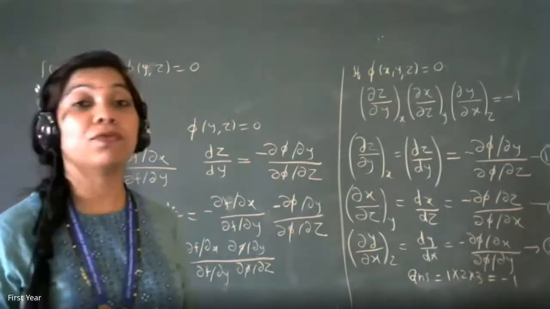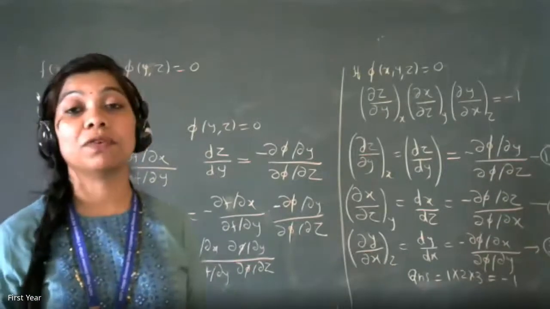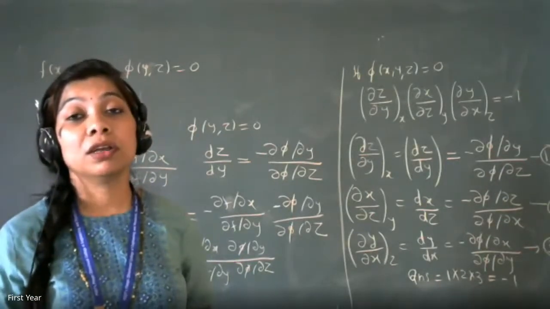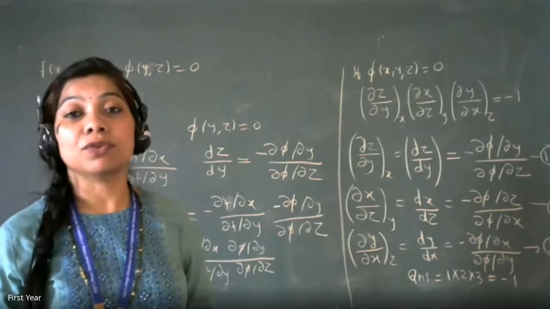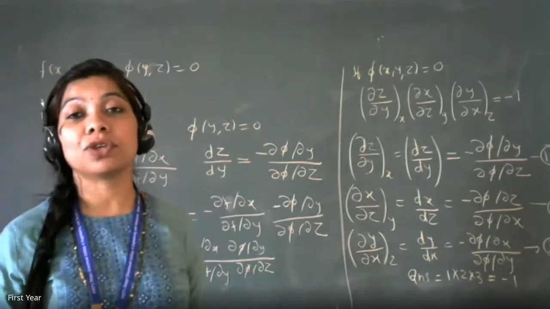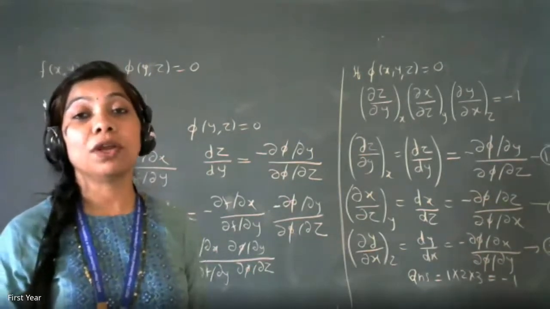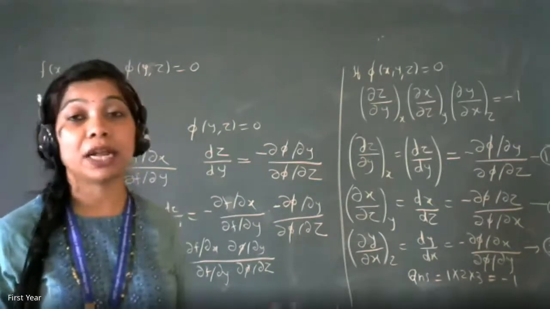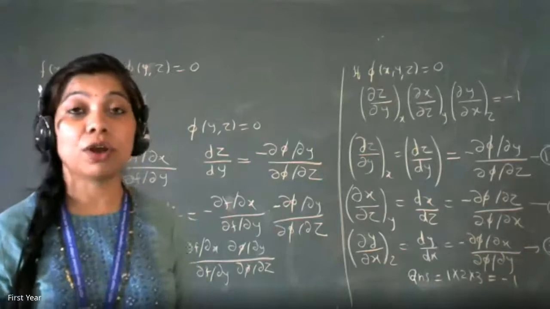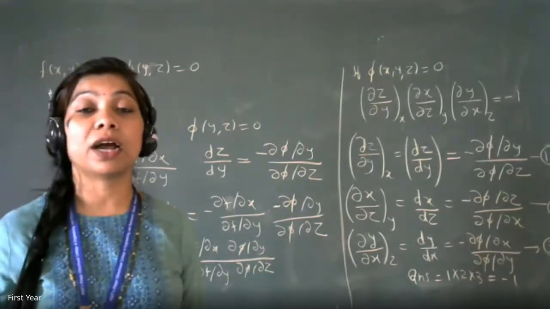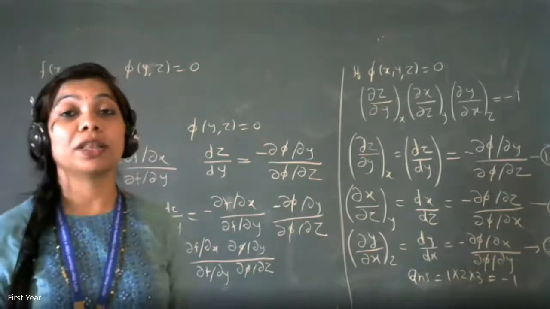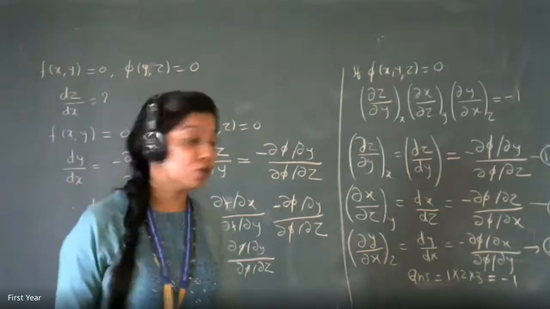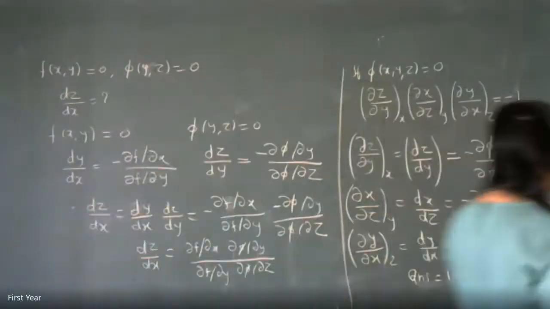Now unit number 4 is actually the application of partial derivatives. So the first thing that we are going to start is Jacobian. So Jacobian of functions or Jacobian of variables. What do we mean by that? I'll just give you the definition. Then we'll stop. Tomorrow in the lecture we will complete that Jacobian and then the other applications also. So let me just start with what is the meaning of Jacobian.